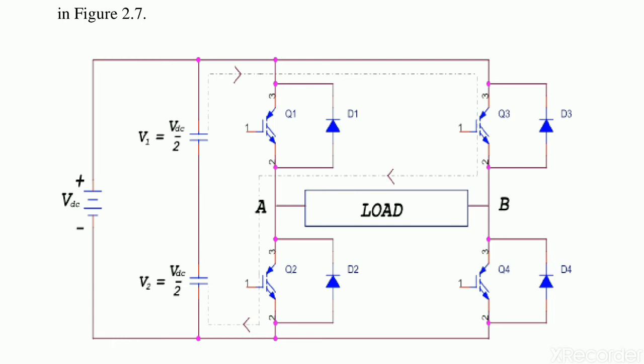So if you clearly observe, the direction of current in the state 1 and in the state 2 is opposite. In the state 1 the load is subjected to the positive voltage, that is from point A to point B. Now in this state the load is subjected to negative voltage, that is minus VDC, that is point B to point A. So the direction of current is reverse, so the voltage across the load will be reverse.